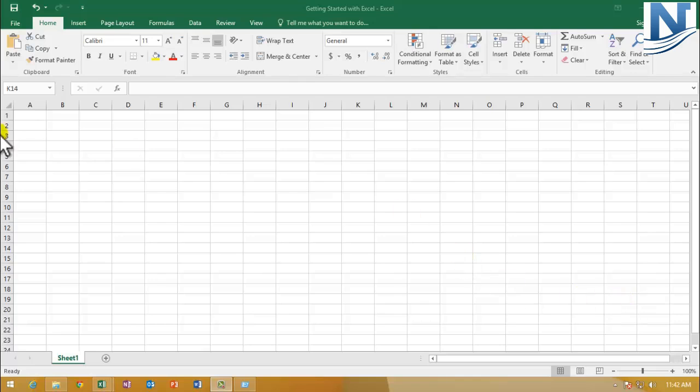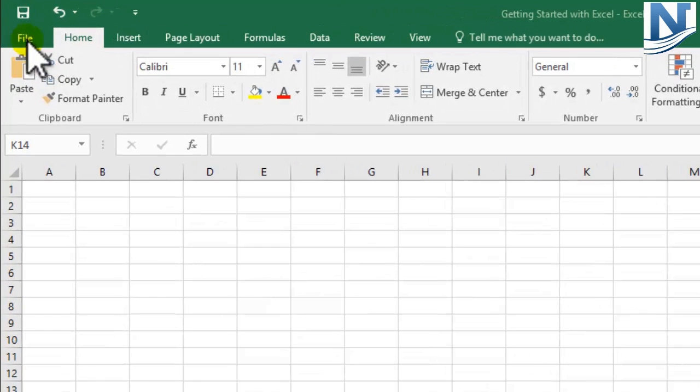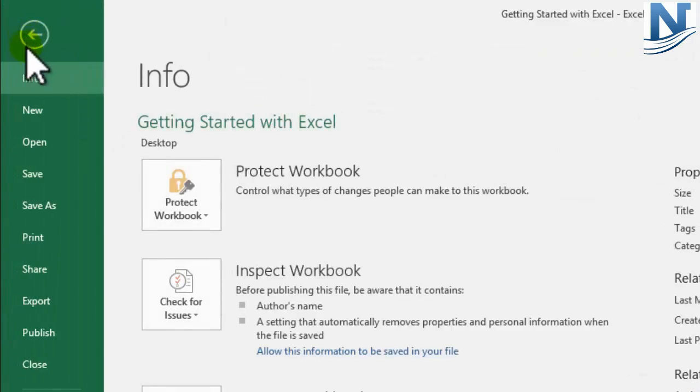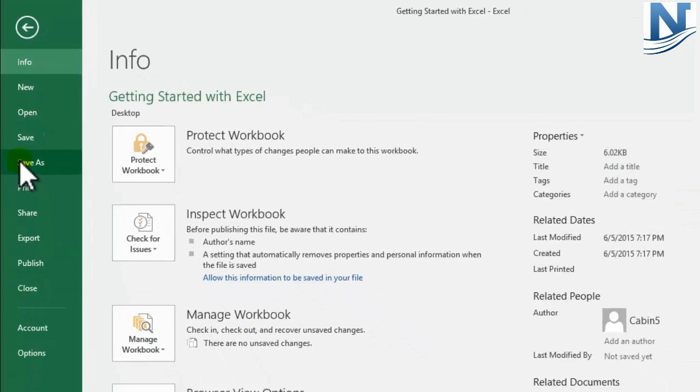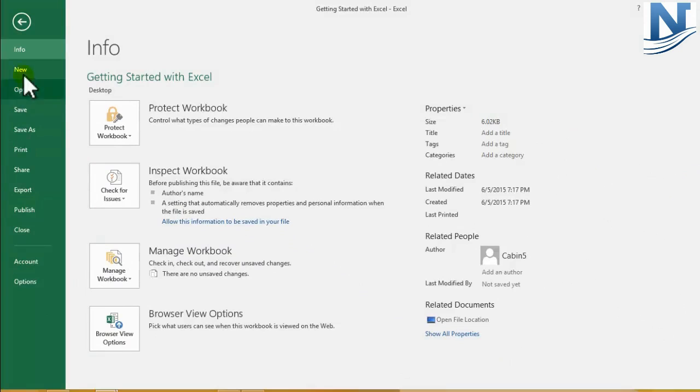So let us first start with File. Once I click on this option, let's see what I find over here. You can see there are different options listed. We have an option for information, New is for opening a new worksheet. Then you can save the worksheet, print it, share it, export. With respect to Account also there are various options, like if you want to change your account settings, you have the option for that too. I'm not going to go into the details of File, just wanted to let you know that these are the various options present once you click on File.